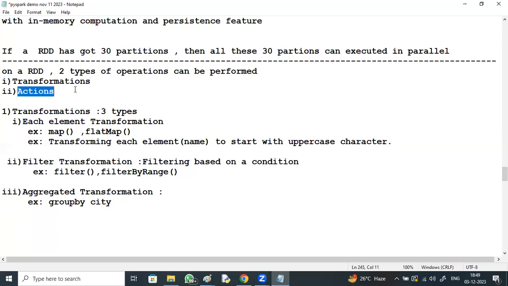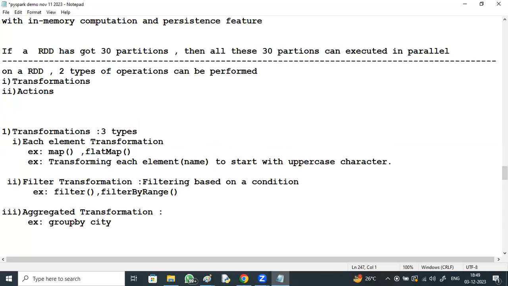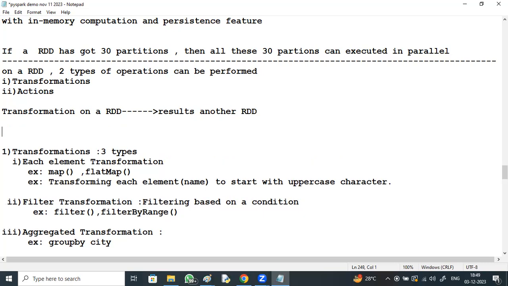A transformation on an RDD results in another RDD.